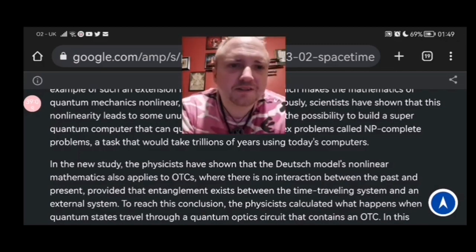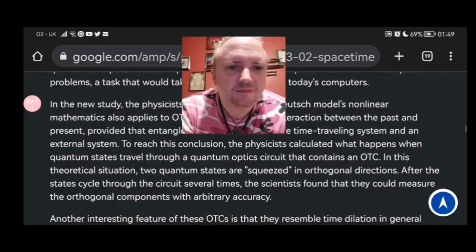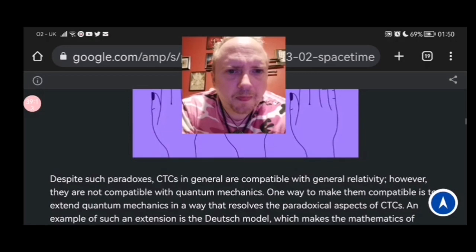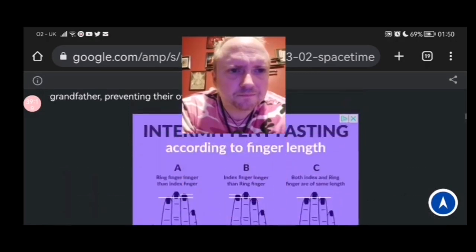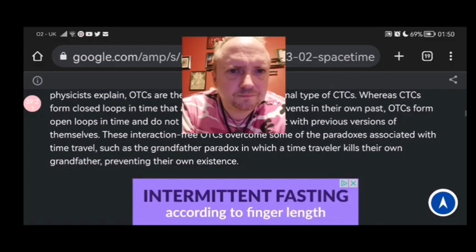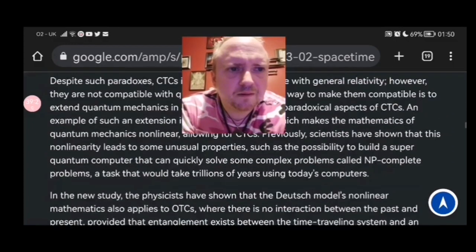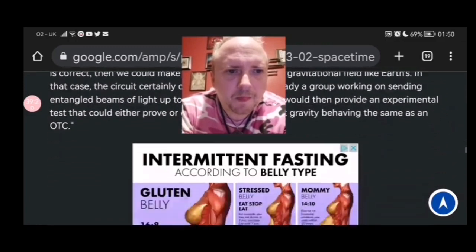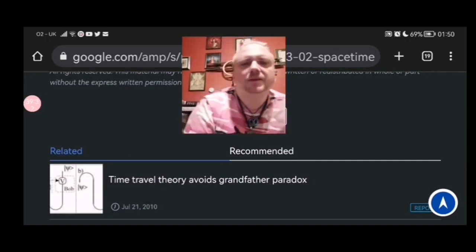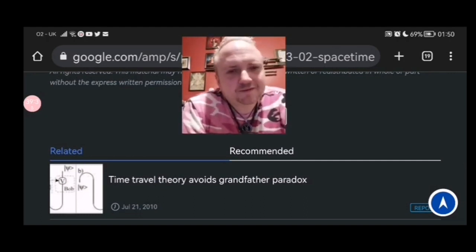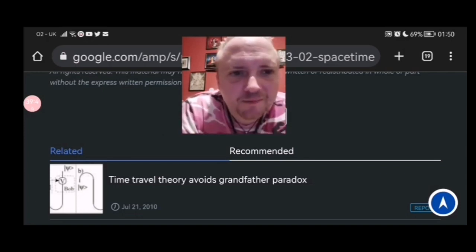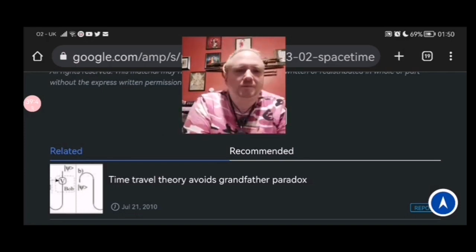So yeah, I just thought I'd share this article with you. Like I said, I put the link to it in the script below, but it's bloody fun. Oh, hang on. Oh no, how did it get back up there? Alright, so yeah, it's really cool, I love that. Oh, see, look, another article: time travel theory avoids... Yeah. I want to share it with you because I love this sort of stuff.